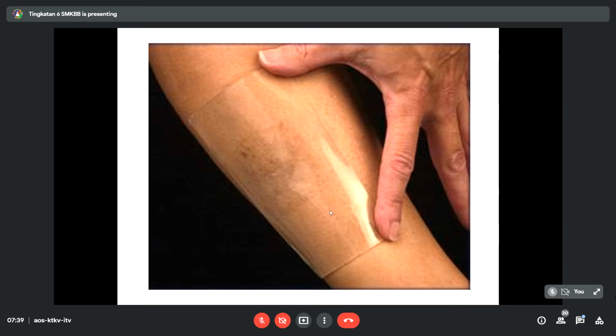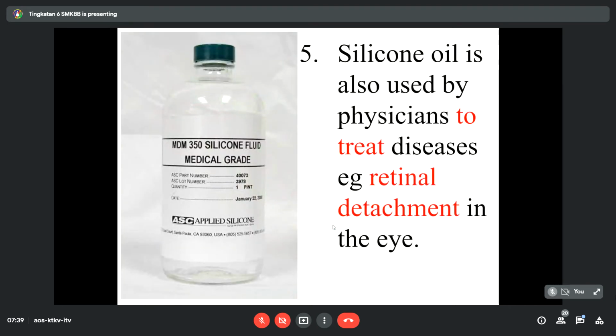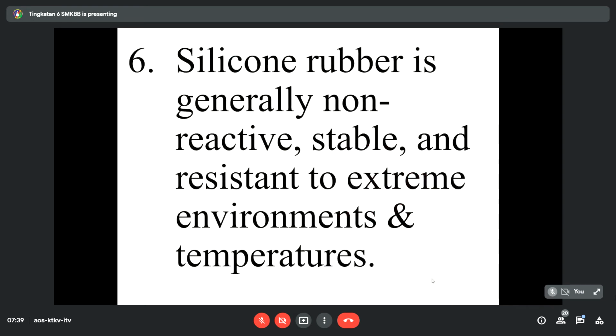So they can make use of silicone, because in this case, you can reuse it, you can clean it easily. Now, silicone oil, of course, is also used by physicians to treat diseases like retinal detachment in the eye. They can apply this because it has an effect like glue, isn't it? And then, of course, silicone rubber is generally non-reactive, non-toxic, stable, resistant to extreme environments, resistant to